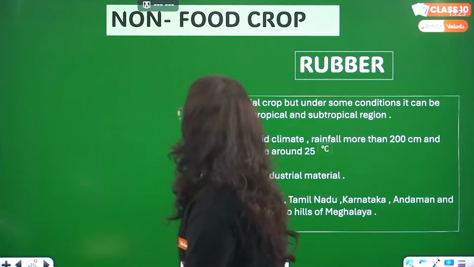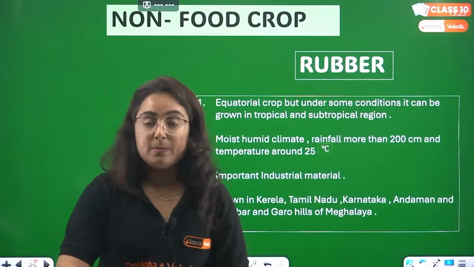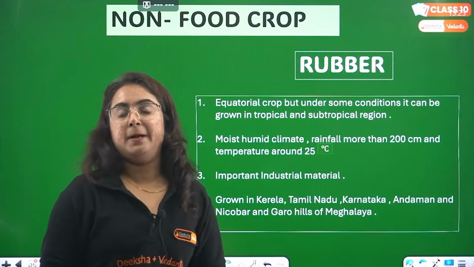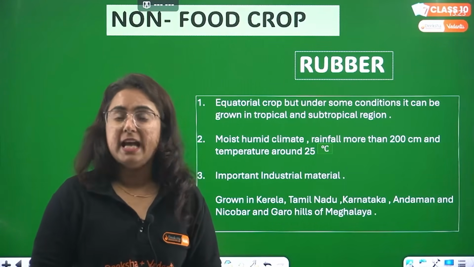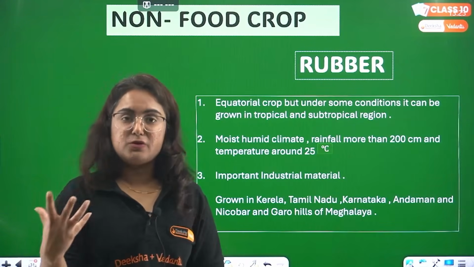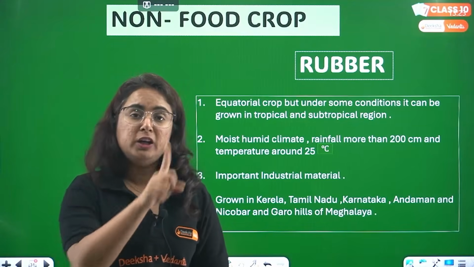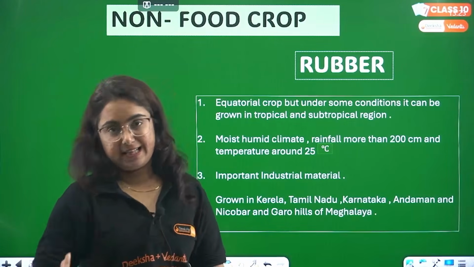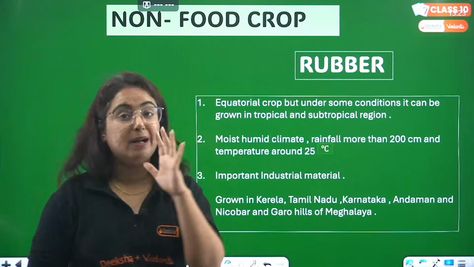Now coming towards the next topic, that is non-food crops, right? Beta, they are crops we use in different things like industries, cosmetic industries and a lot more things, in our day-to-day uses, but they are not fit for consumption, or they are not for edible uses. Get it? So they are known as what? Non-food crops. The list will be like that: rubber, silk, cotton, etc. And we are going to start with the first major crop, that is the rubber crop.